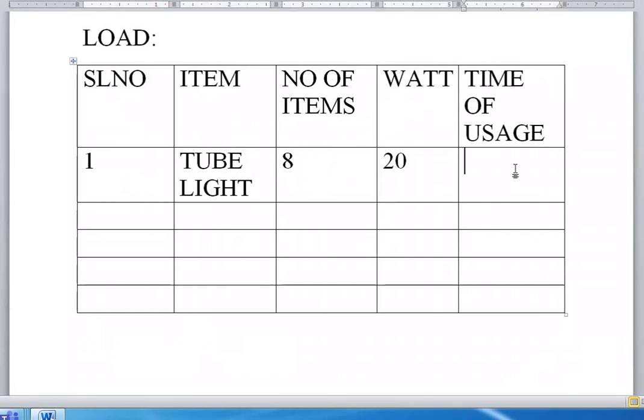Yes, I will not glow this bulb for 4 hours. I will put a restriction that I will be using 4 bulbs or 2 bulbs or 3 bulbs for some amount of time. Say in the hall we are having 2 tubelights, isn't it? So when no guest is there in the hall, let us not sit in the hall, let us not switch on any tubelight there. Thereby you are conserving the energy consumed by 2 tubelights, isn't it? So like that the change should come from our side. Otherwise it is very difficult.